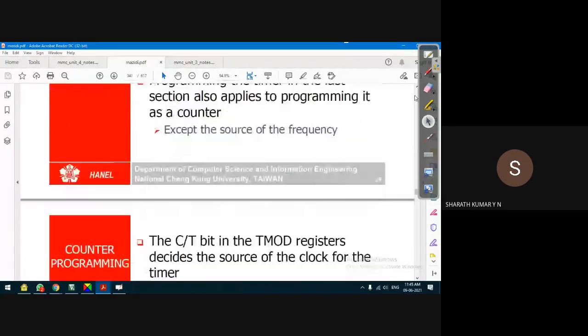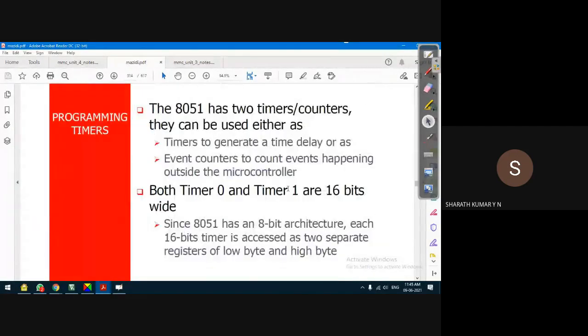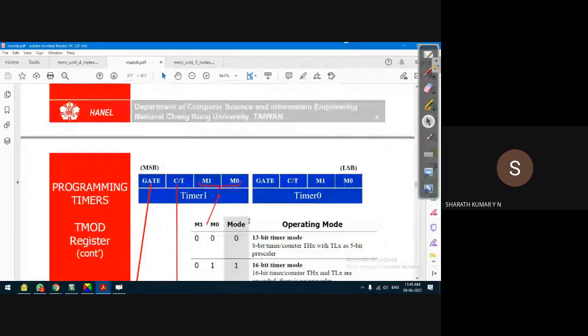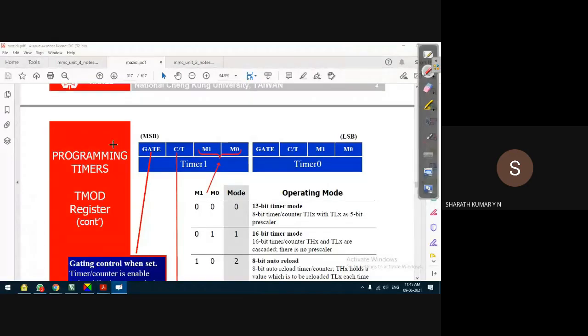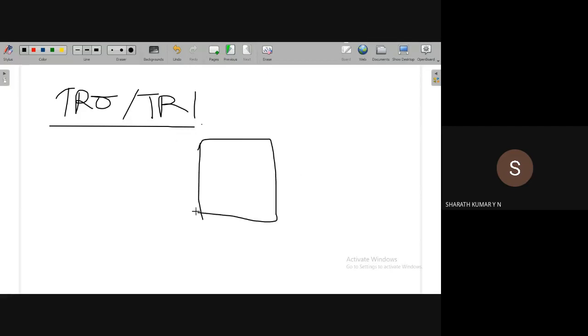I wanted to discuss TCON here because we should know how to start the timer. Just by loading a value, it doesn't start the timer. Just now we have understood that to start it, we'll discuss the gate bit now. To start a timer, we make use of the TR0 or TR1 bit, for timer 0 as well as timer 1. How do we start? There are two methods. In the 8051 microcontroller, there are two methods of starting the timer. One is the programming method.